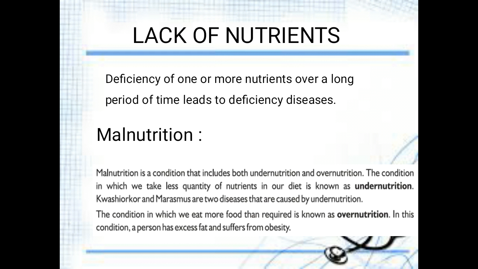Malnutrition will be categorized as undernutrition and overnutrition. Undernutrition means diseases caused due to insufficient nutrients in our food, right? For example, the diseases might be kwashiorkor and marasmus. And overnutrition is due to over consuming of a particular nutrient such as fat. Over consuming of fat leads to obesity, right?